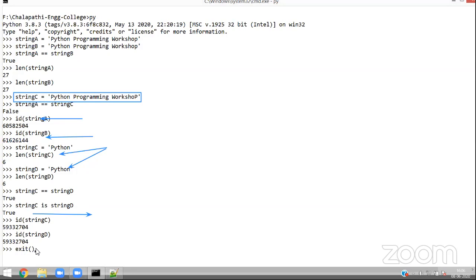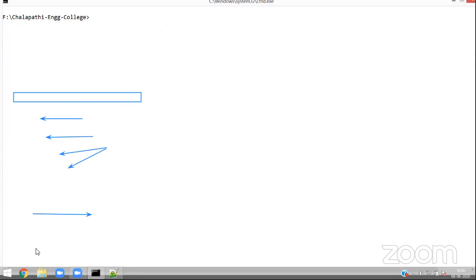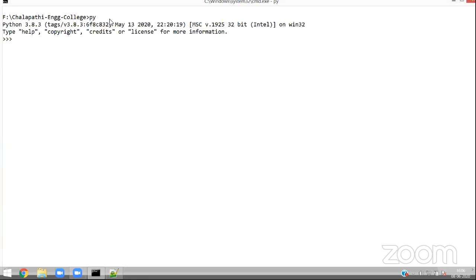Because my screen is full, I am exiting. Clear the screen. Let me clear the annotations, and then come back and go to the Python prompt again. Now string A, or simply I will say A for typing, to save some time. So A equal to